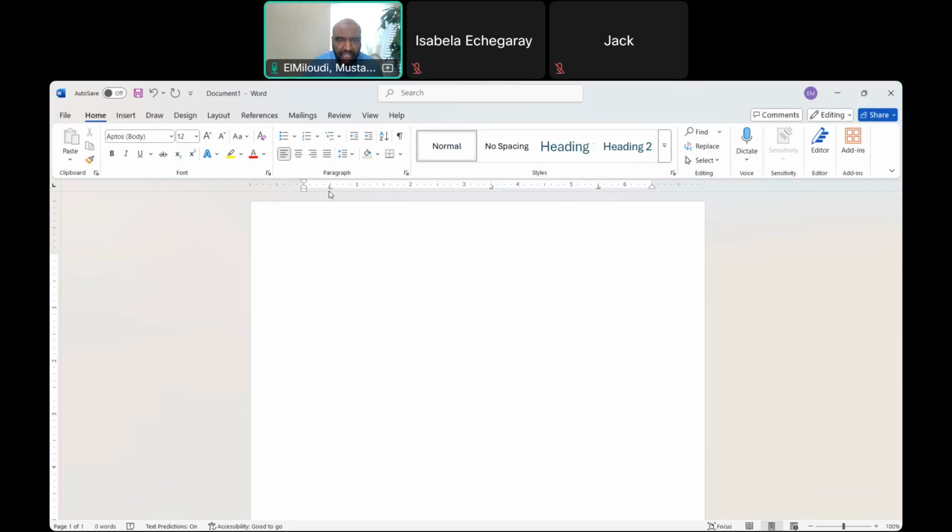This is for the left tab. This is for right tab in the middle. And there's like a dot next to that mark. That means decimal. So for example, I'm going to put here teacher, like a teacher, Mr. Johnson, for example. And then once I hit the tab key, what's going to happen is it's going to move to